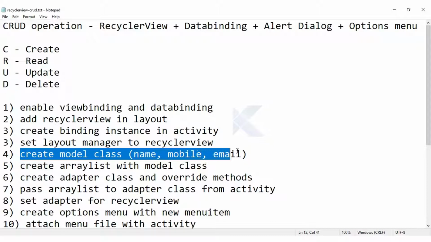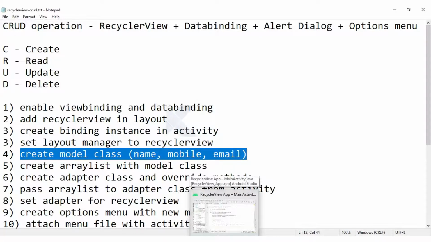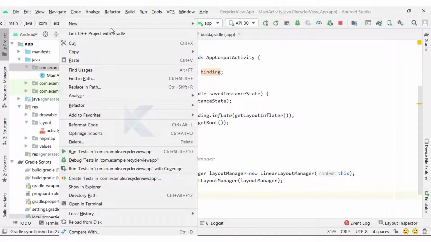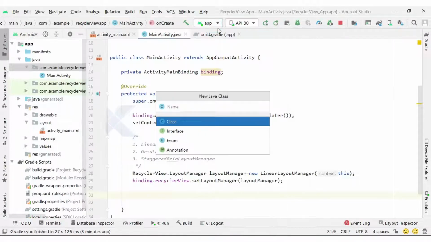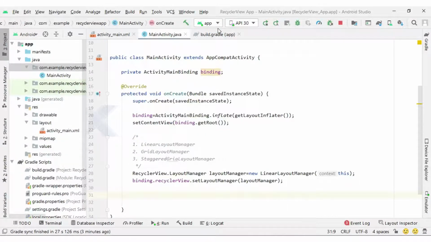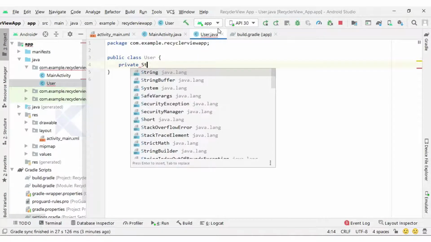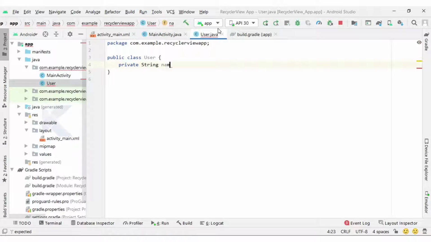Fourth step, we need to create a model class for the data we want to bind with our recycler view. Right click and new Java class. The name of the class will be User, and inside User I will create private String name, mobile, email. I want to handle these three pieces of information for the user class.